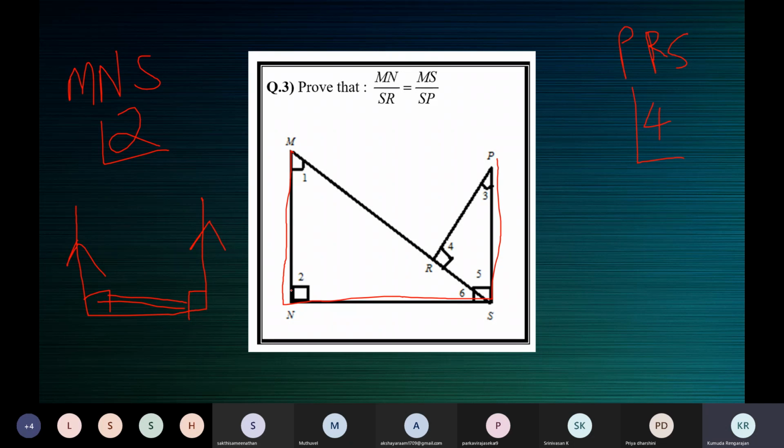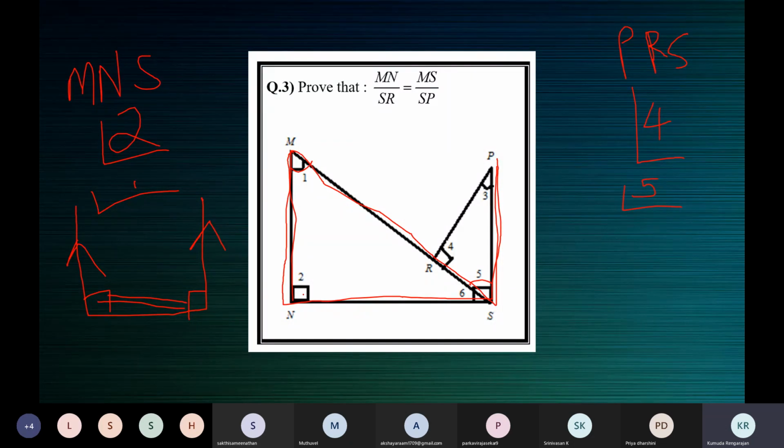So as I think Shakti said, parallel line, transversal, parallel line, alternate interior angles are equal. Angle 1 is equal to angle 5. Angle 1 of the big triangle, or angle 1 of this triangle MNS, is equal to angle 5 of the small triangle PRS. Prove that the lines are parallel, alternate interior angles are equal. If you call this the big triangle, children, we are done.